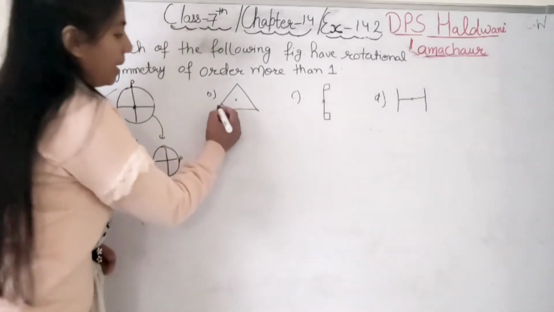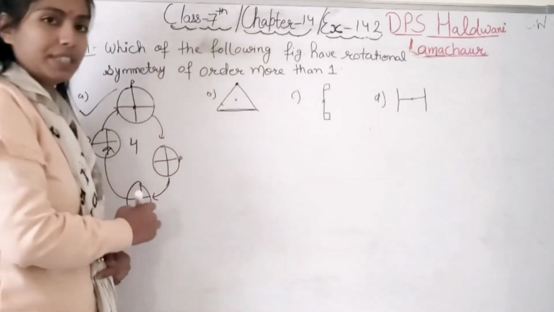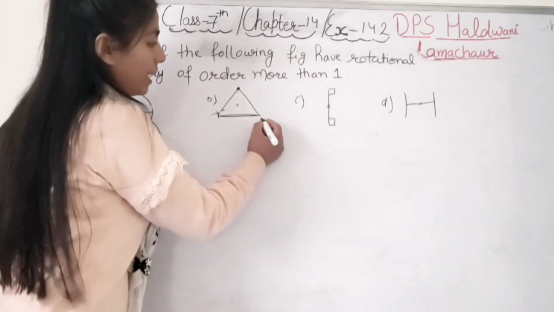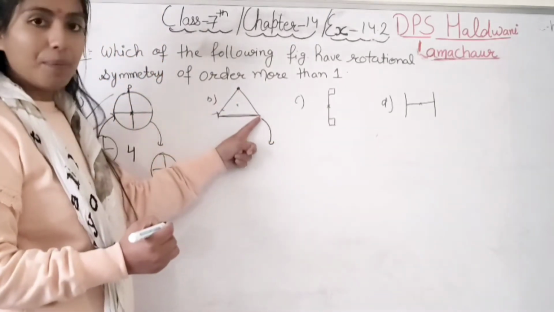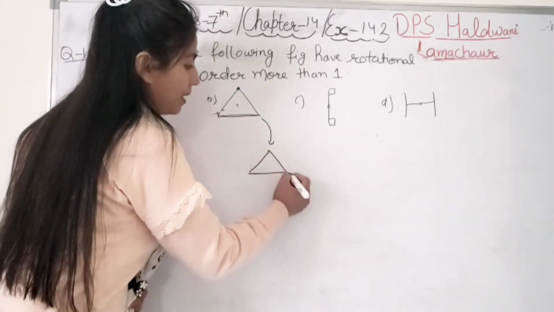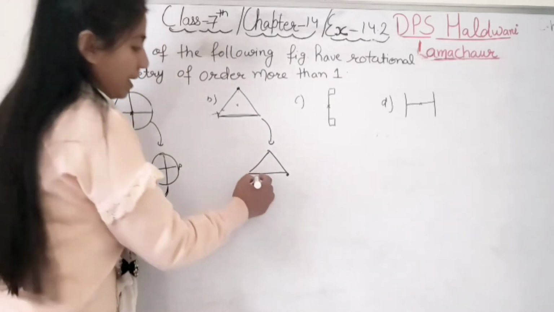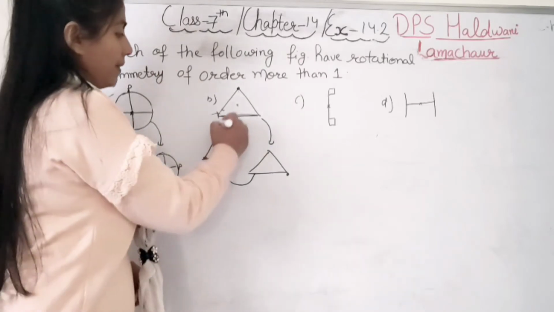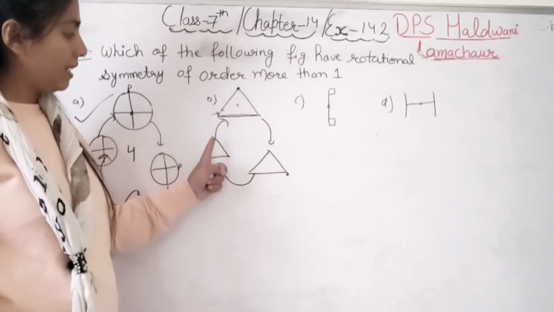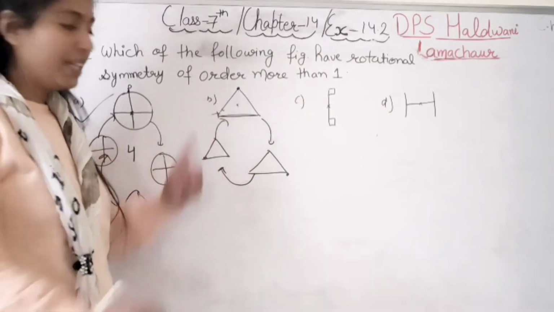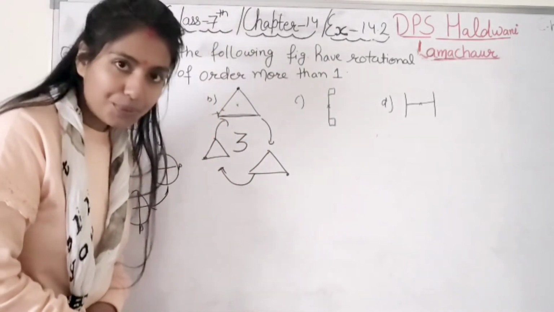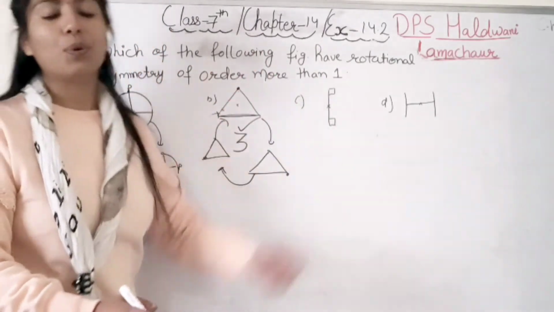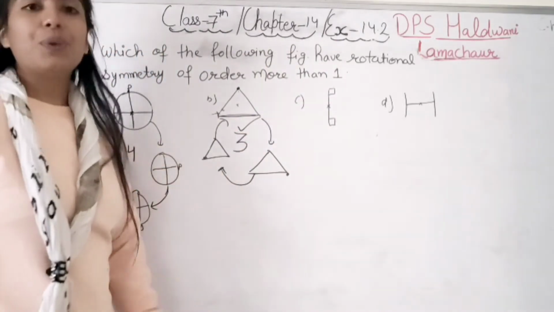Now when we rotate it, we have a base and on the opposite side a vertex. Right? So only 3 times we rotate. How, student? Because we have only 3 sides. So at the first time, this point will come here, right? The point will come here only, but the shape is the same. Then the next time, the point will come here, but the figure is the same. And at 360, the point will come again at the top. It means how many symmetries are there? 3 symmetries, rotational symmetry. Right, student? And it is again more than 1. So it means the B part also has rotational symmetry more than 1. Getting it, student? Now coming to our C part.